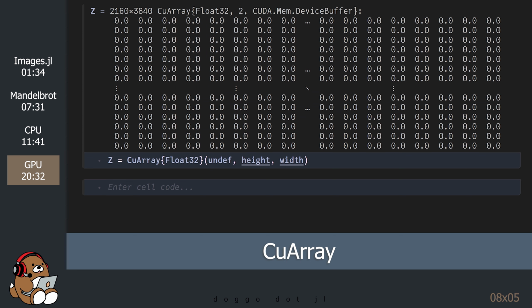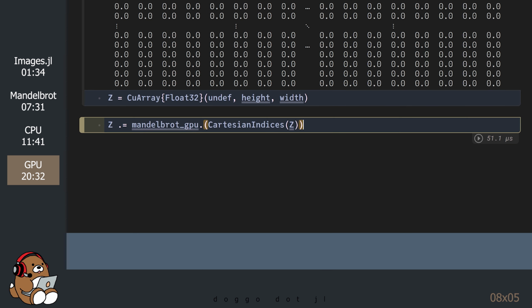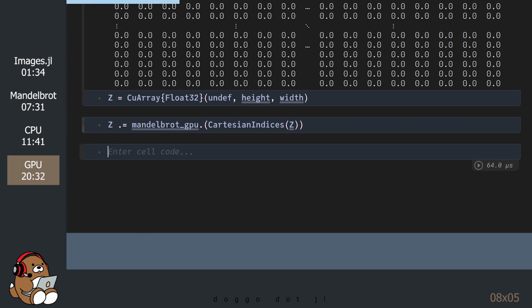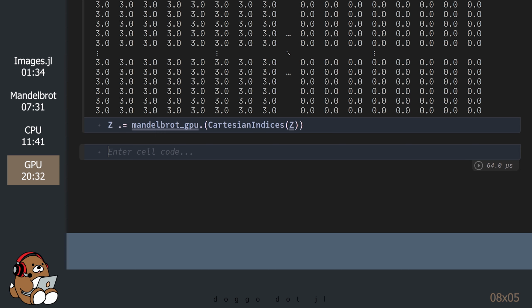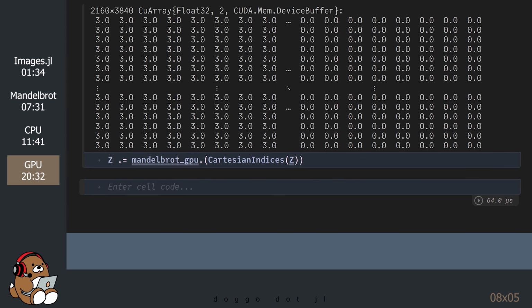Any calculations performed on the CuArray will be handled by the GPU. Once that's done, we can call the Mandelbrot function to evaluate all of the elements in this matrix. And that's it. This matrix identifies the values that are in the Mandelbrot set.